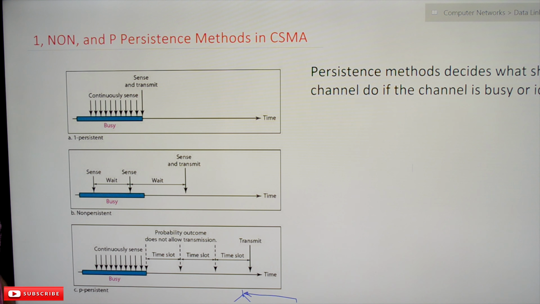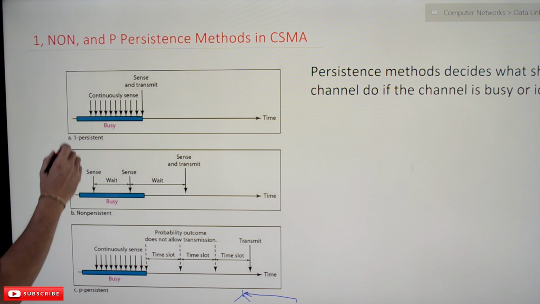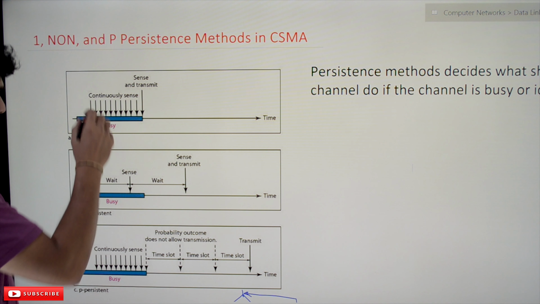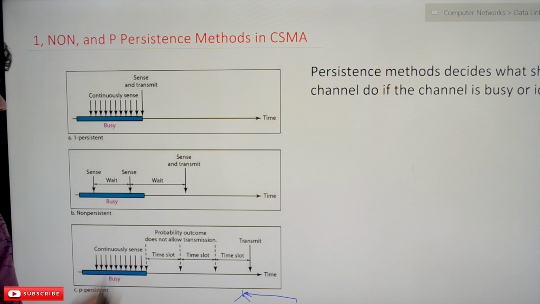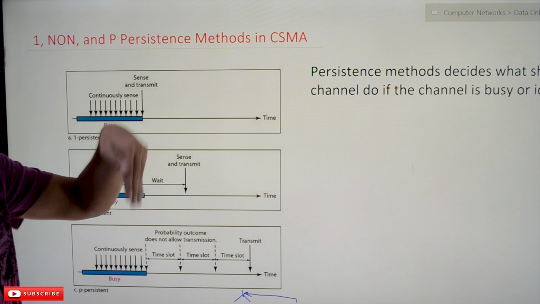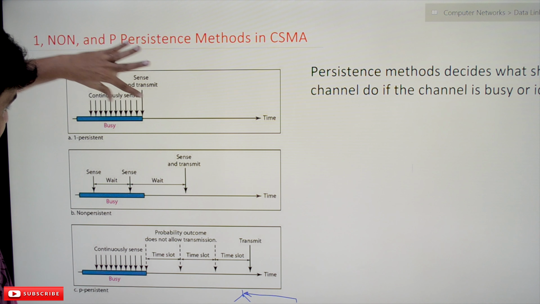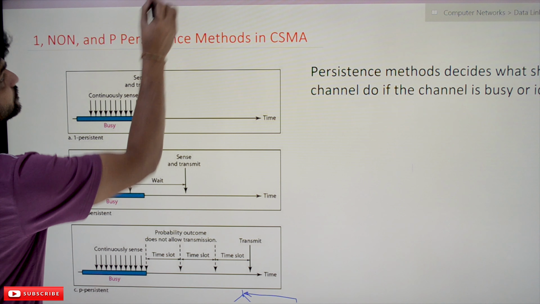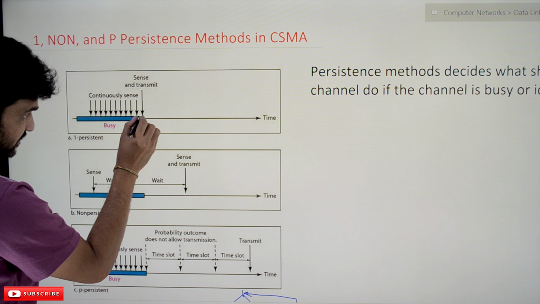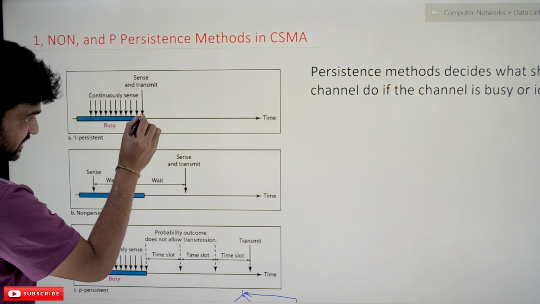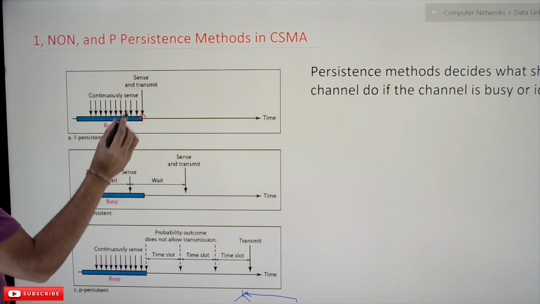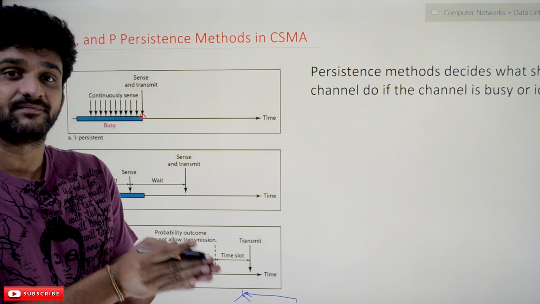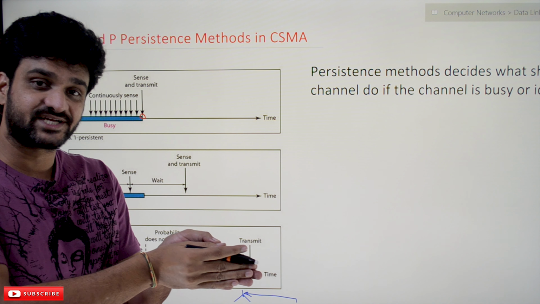What one persistent states is, with a probability of 1, it is going to transmit the data. It will continuously sense the channel, and whenever the channel is idle, it will transmit the data with a probability of 1, without considering whether any other station is transmitting or not.